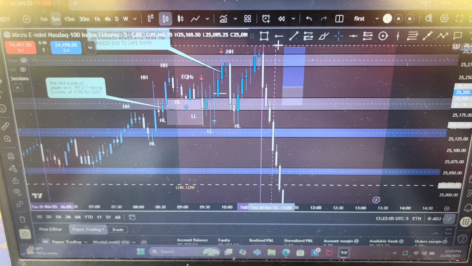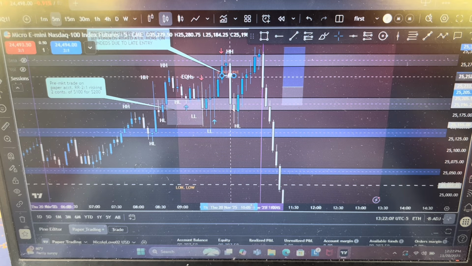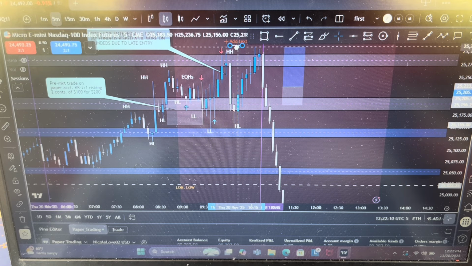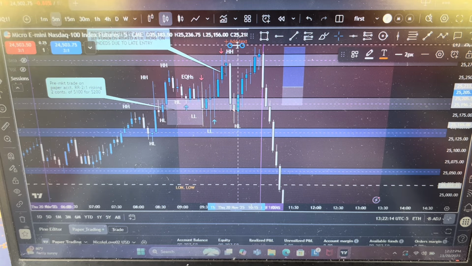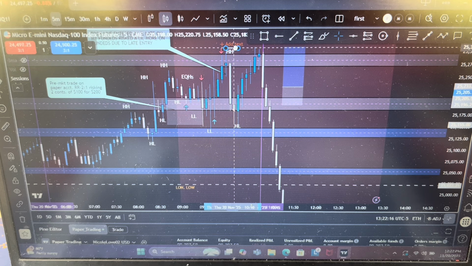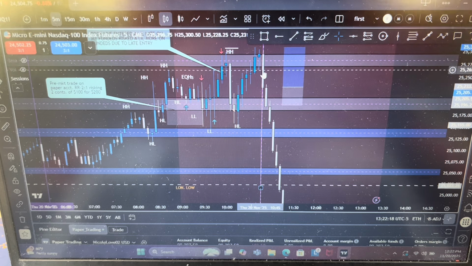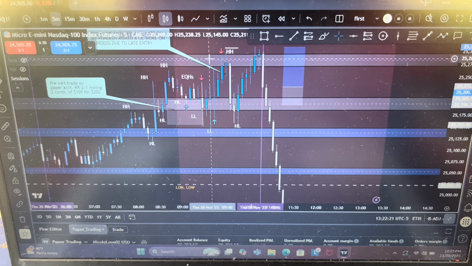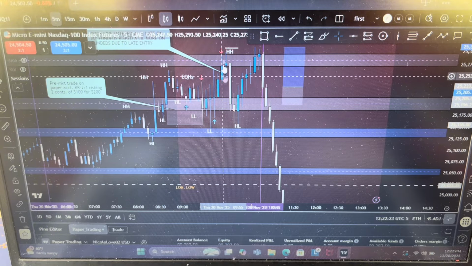Price got, this is where I'm gonna move this up here. This is where my TP was on my funded accounts. Like, moved it down just a little bit. Like right there, right above that higher high. That's where it was. Price went right under my TP, ranged a little bit in this doji candle, and then